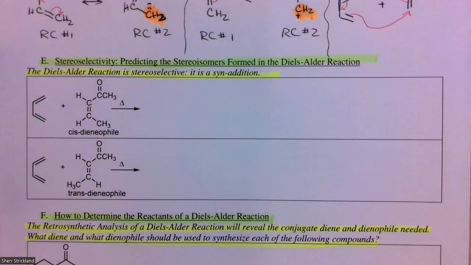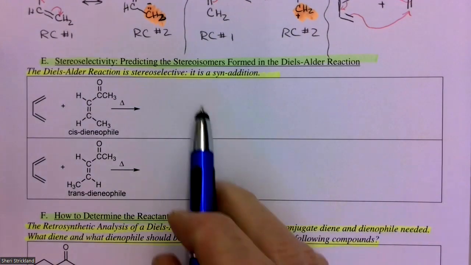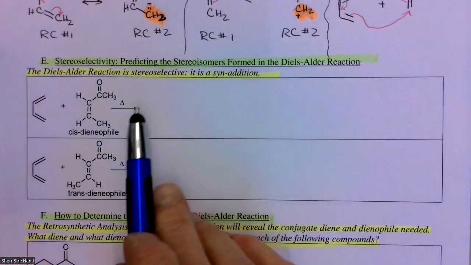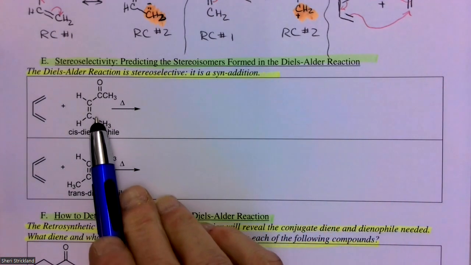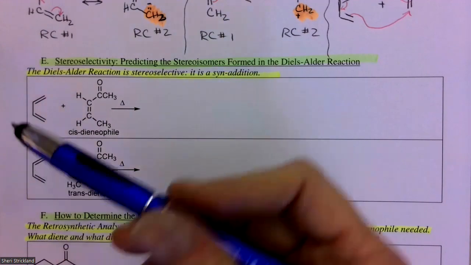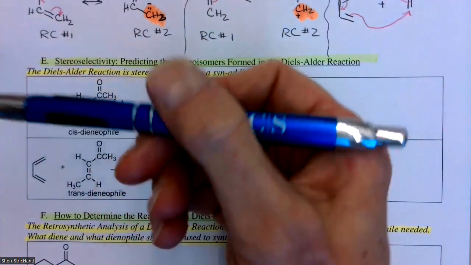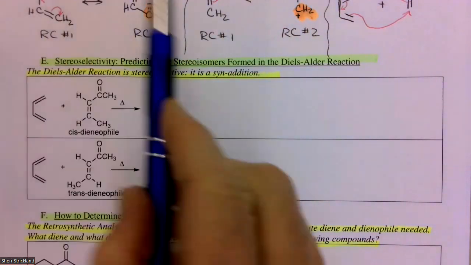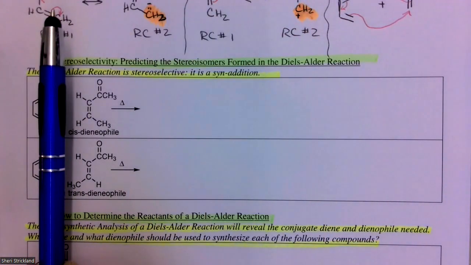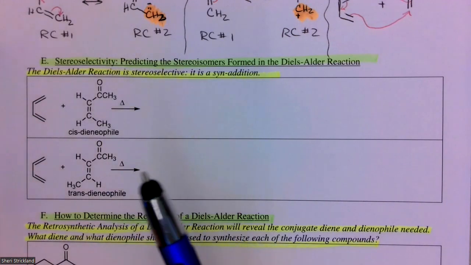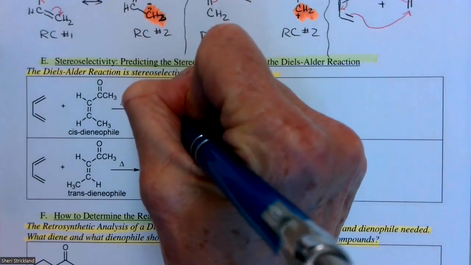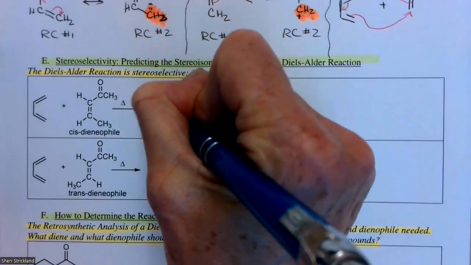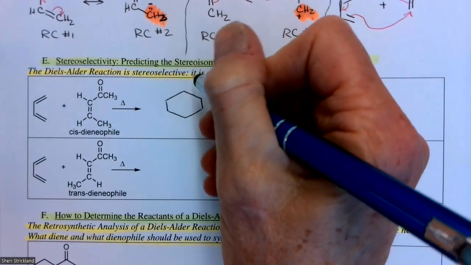It turns out that the Diels-Alder reaction is stereoselective because it's a syn addition. And that means that this thing can come in from the top, from above this conjugated diene, if you kind of look at it like hovering above it on the paper, or if it were to come in below. So if it were to come in from above, the product would look like this, because we would form